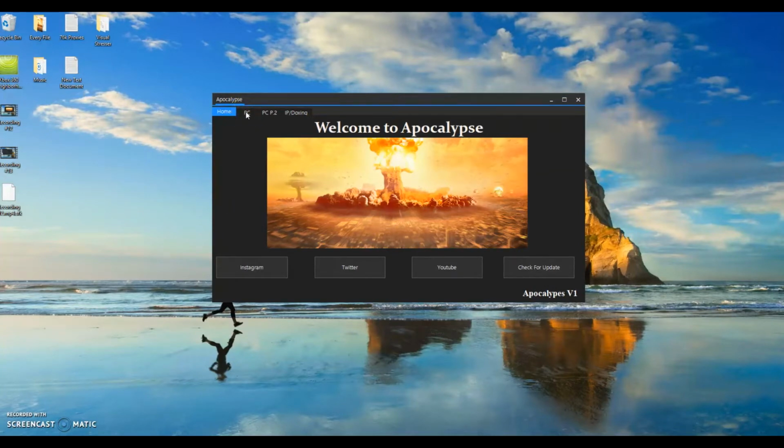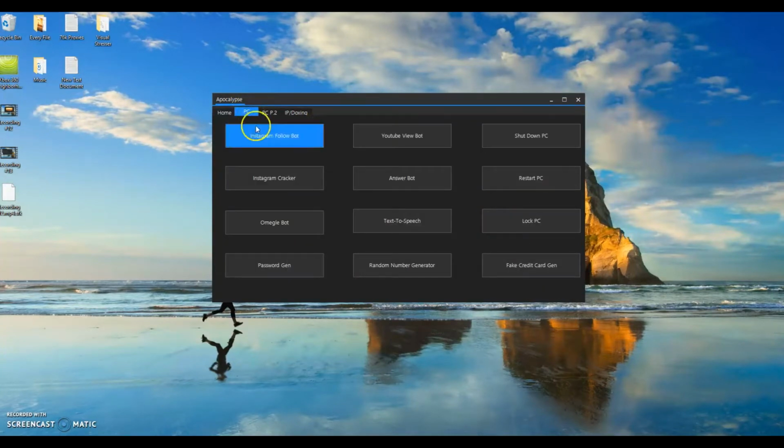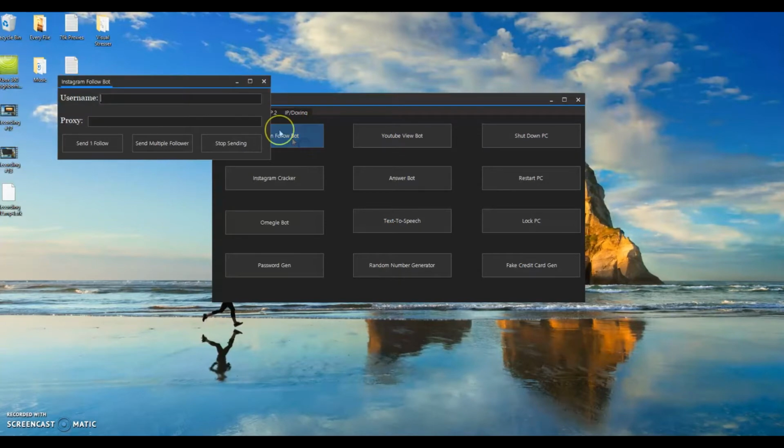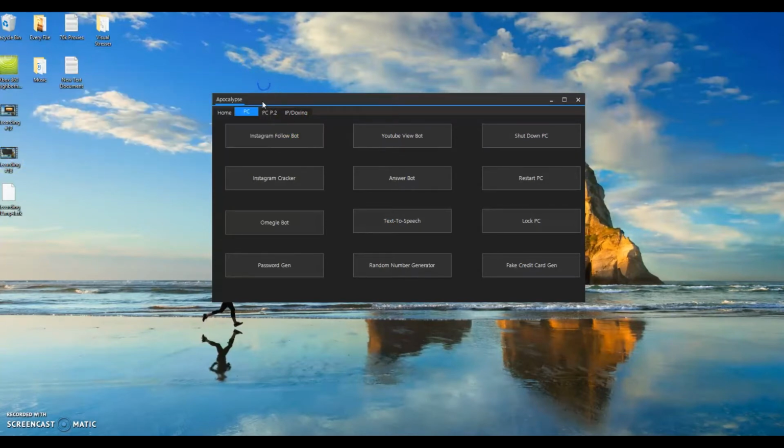The second page is the PC tools, and on the first page there are many more PC tools. First we have the Instagram follow bot, and you can send as many followers as you want.